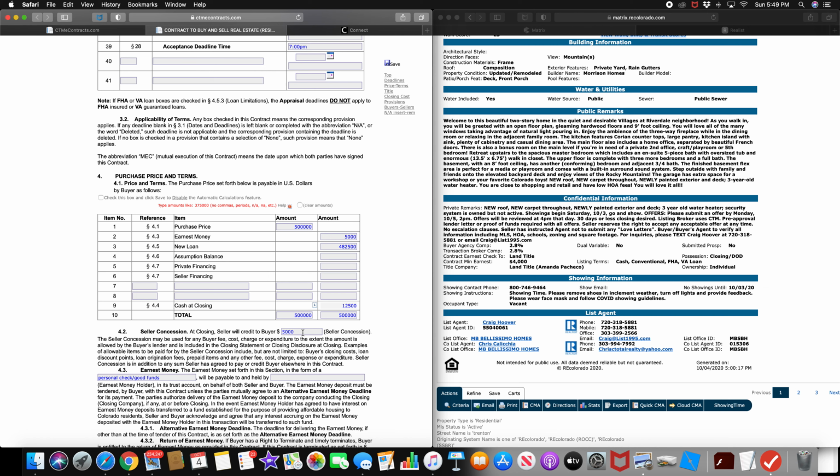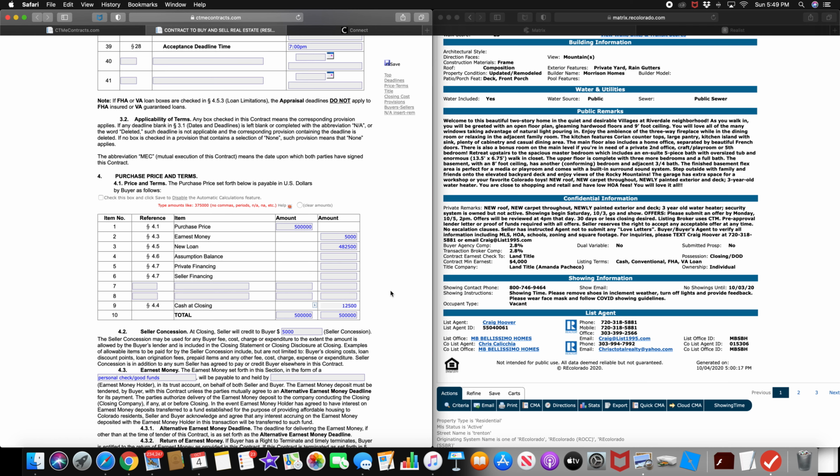So in this scenario, and this is what I'm really known for with a lot of my buyers, we've given them 5,000 over purchase price, and we got 5,000 coming back for concessions. So what does that mean? That means they're paying for all their closing costs, and then now we have 12,500 that we're gonna get from Chaffa, right? So essentially, all they have to come to the table with is the earnest money of 5,000, which